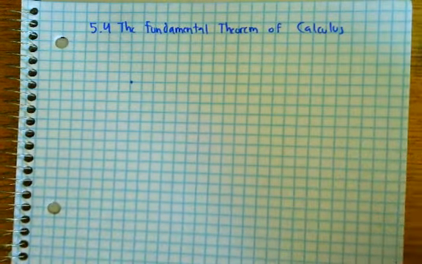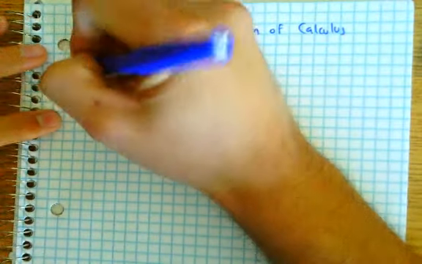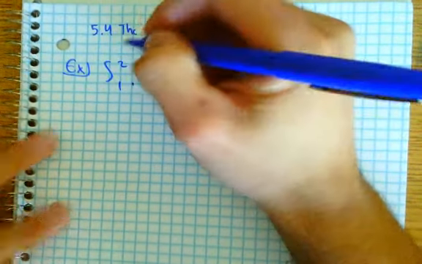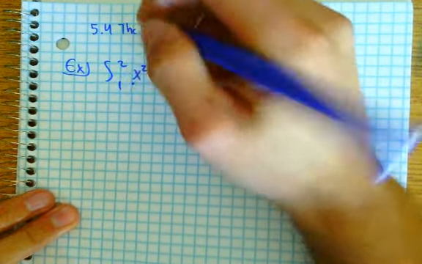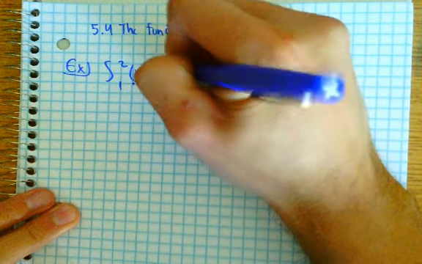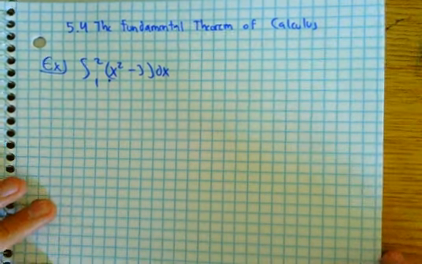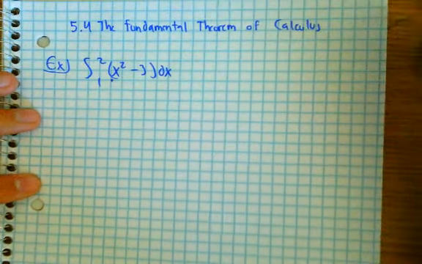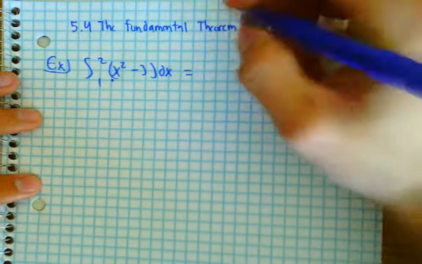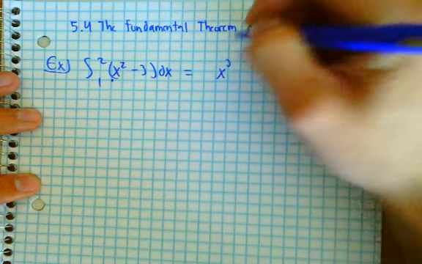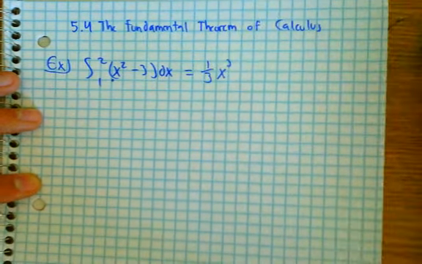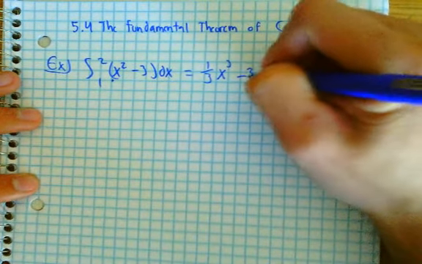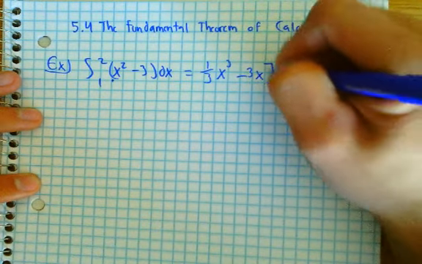The first one I want to do is the following. We want to do the integral between 1 and 2 of x squared minus 3 dx. Okay? So I'm going to apply the rules that we learned last class. I'm going to undo the power rule here. So this is equal to, I'm going to add 1, so it's x to the third power, so that will be 1 divided by 3. 3 times that will get you an x squared, right? Minus 3x,